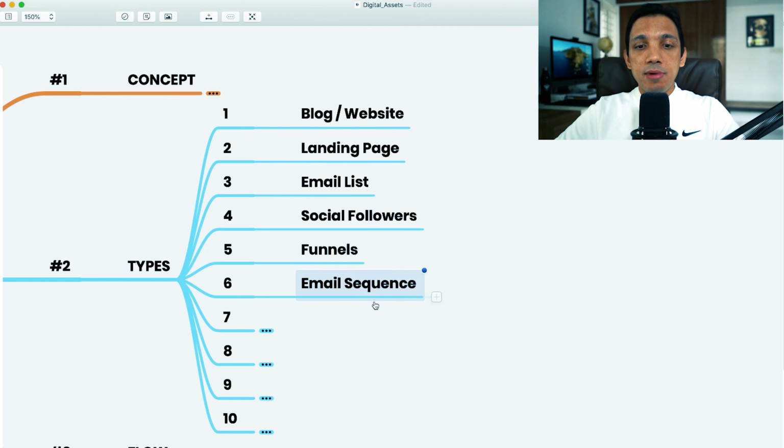Number 6 is my email sequence that I've actually built, to nurture different people on my email list. In fact, I have a different email sequence going on to people who are registered for my web masterclass. I have a different email sequence for people who have bought my level 1 program, my level 2 program, my level 3 program. I have a different email sequence for people who have bought my mini course. I have a mini course called the Digital Coach Blueprint course.